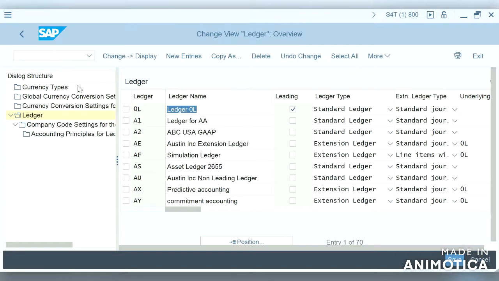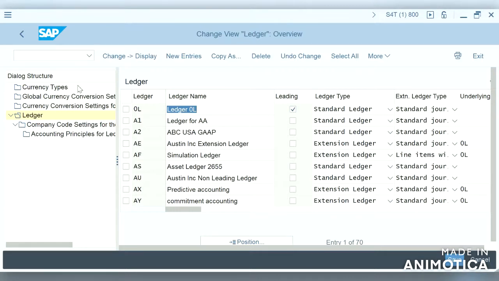So the leading ledger will receive the exact same settings of the company code, but a non-leading ledger might have different settings. If required, we can have different settings as compared to the company code.